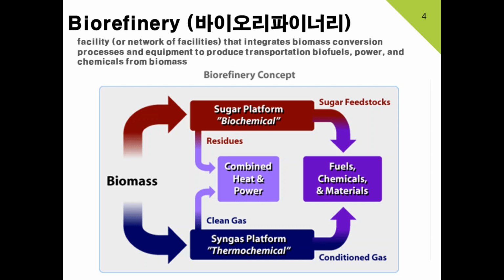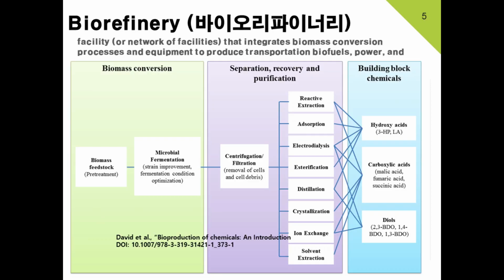It involves three main processes. The first is sugar production from biomass, which is the biomass feedstock pretreatment stage. The second process is the microbial fermentation process, wherein microorganisms utilize the sugars from biomass to produce the target chemicals and polymers. And then the third process is the purification and further valorization of the target product which we have produced from the fermentation stage.